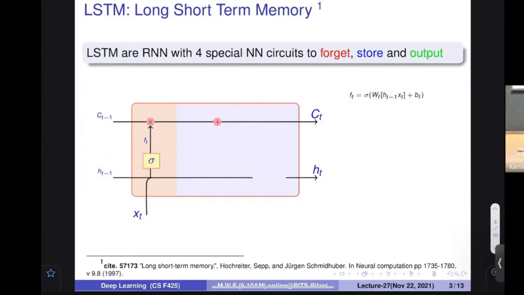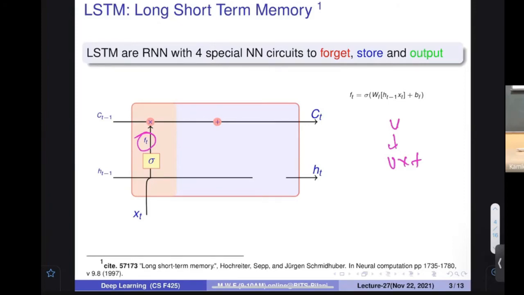Everybody, any questions, any confusion on that? It tells me how much I have to forget. This value is going to be multiplied with whatever we have stored earlier. And now you are ready with this. Once again, V is multiplied by F. How to find out this? At the time t, this multiplying factor comes from a specialized neural network circuit. It has been trained on that. Therefore, we are not going inside it. Based on the data, it has learned what to forget at this particular moment. Let's assume that it has been done. Make sense?